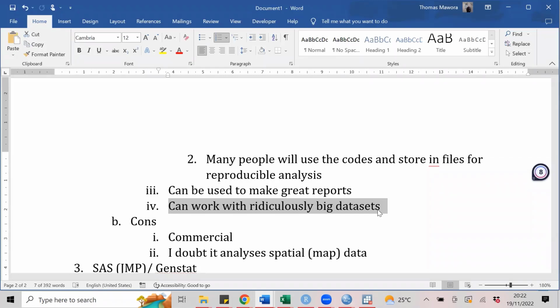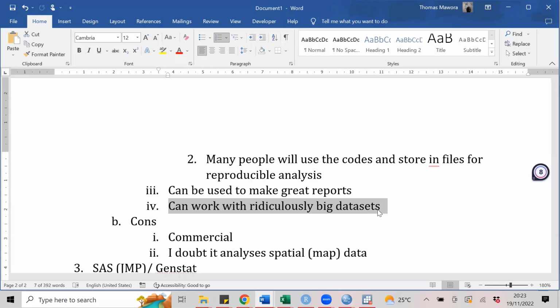So Stata didn't have to open the entire data set, but it was flexible enough to allow me to select several variables. Even R could not allow me to select some of the variables because it was just very big. It wanted to read, at least to understand the data set. But Stata doesn't have to read the entire data set.